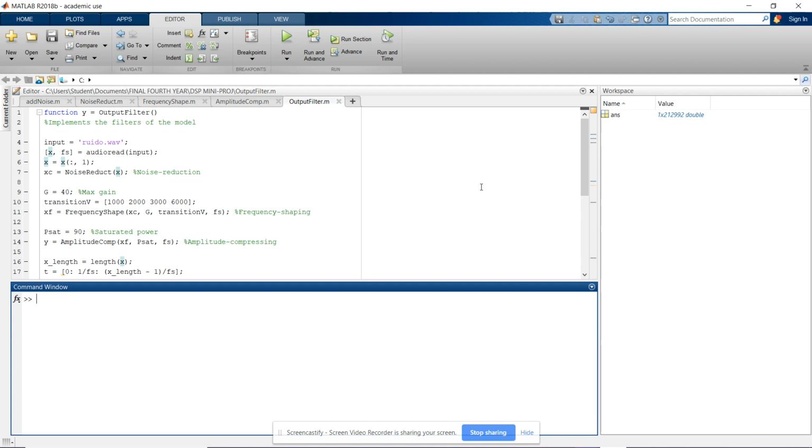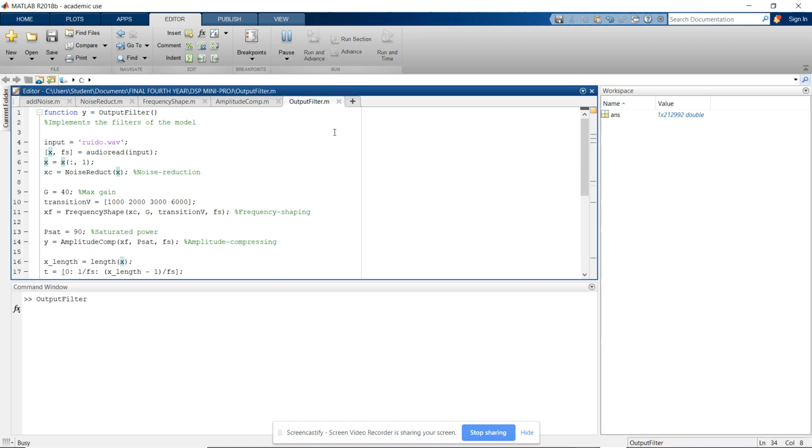Next, I implemented a frequency shaping filter design with the purpose of correcting hearing loss at certain frequencies by concatenating piecewise functions and calculating the gain for each frequency range. In the frequency domain, this produced a transfer function that met the requirements of the users and characterized the ranges of frequencies. This was done by taking the product of the FFT of the incoming signal and that of the stored gain coefficients. Now, after running,